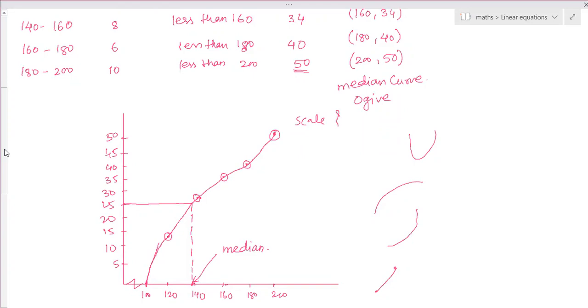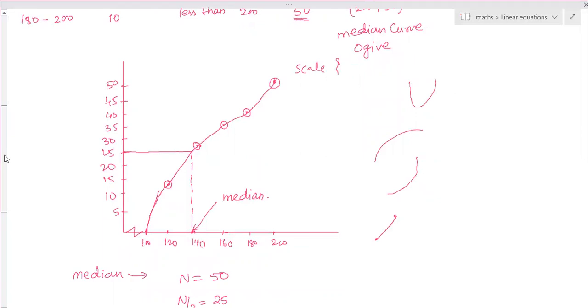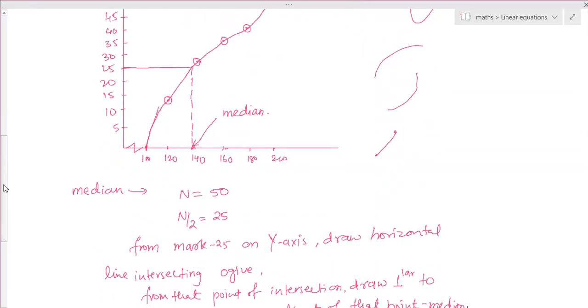When you take these values more away from each other, then the values will vary. Your median value will vary a lot. Scroll down. This much only. No, down here something is written. The median. Okay, that. Right.